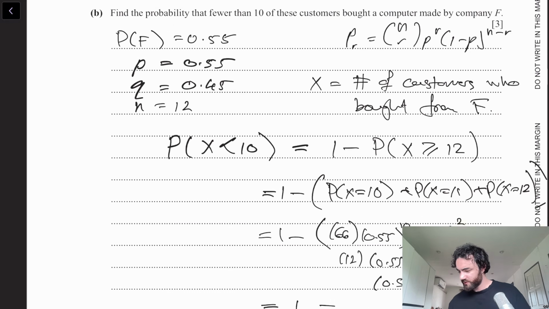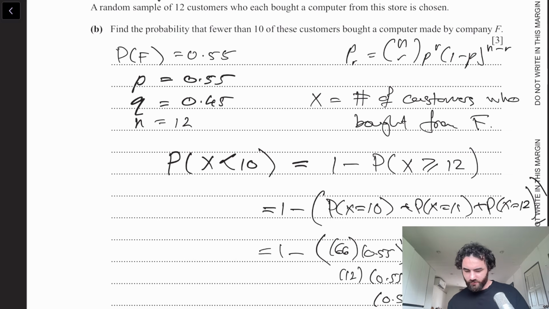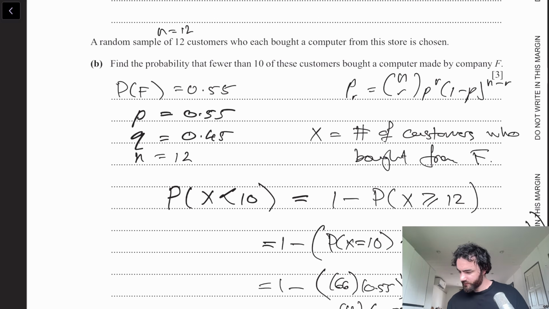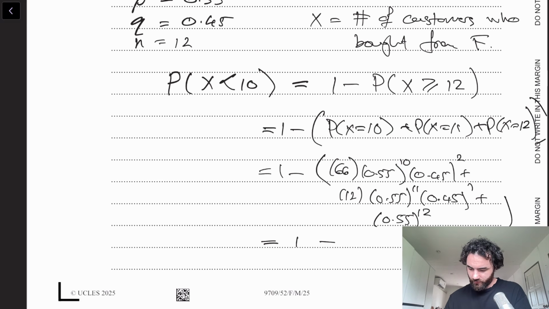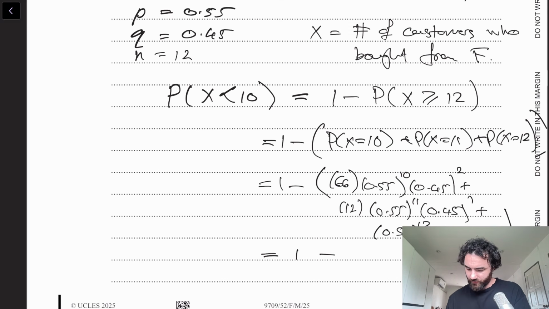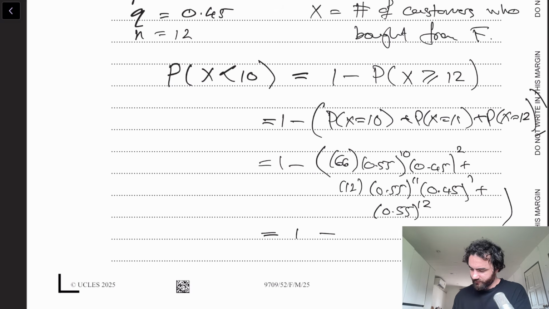This gave me, what's this? 66 seems too small. 0.55 to the power of 10 times 0.45 squared and 66. You gotta be careful with these things. I might just write those things out. So we got